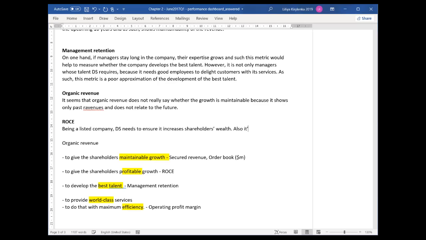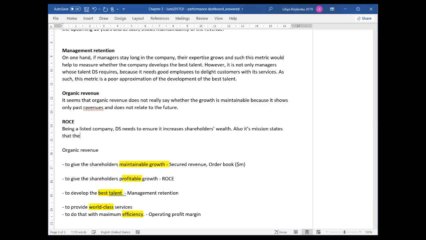Also, its mission states that the growth should be profitable. However, and this is very important, return on capital employed is a poor approximation of shareholder wealth increase